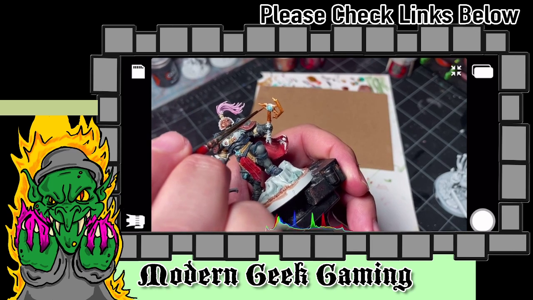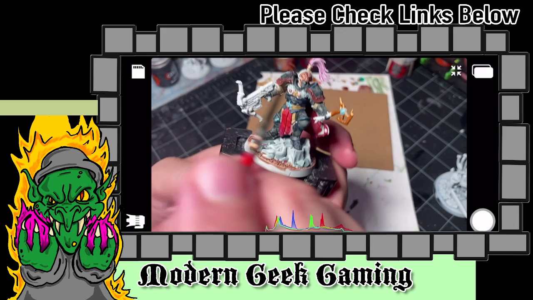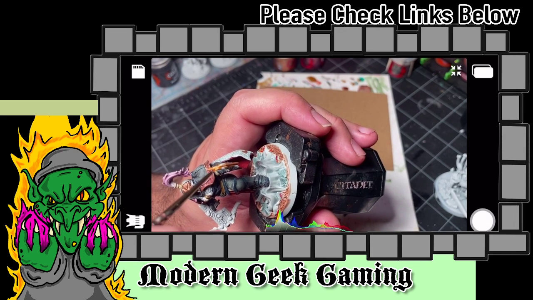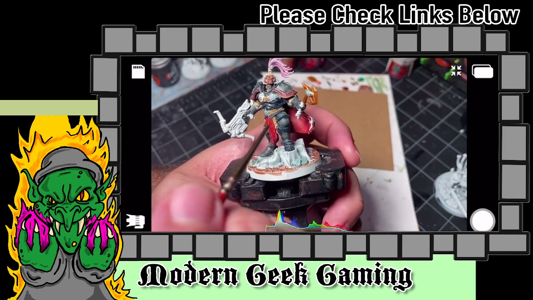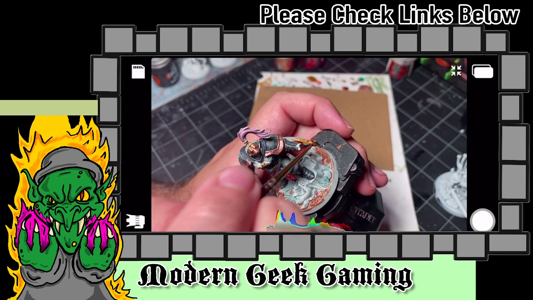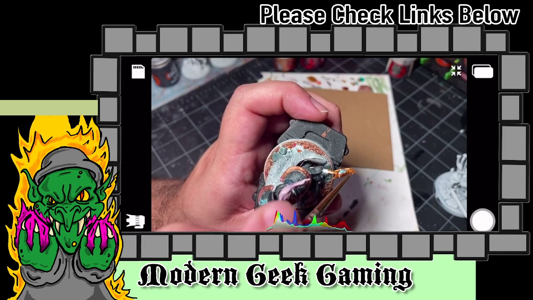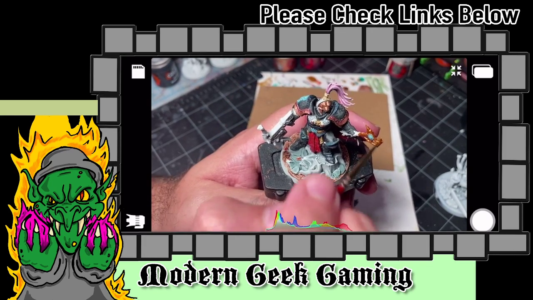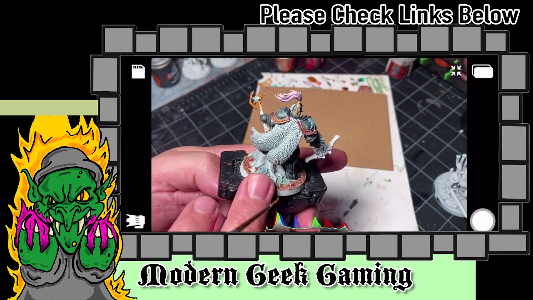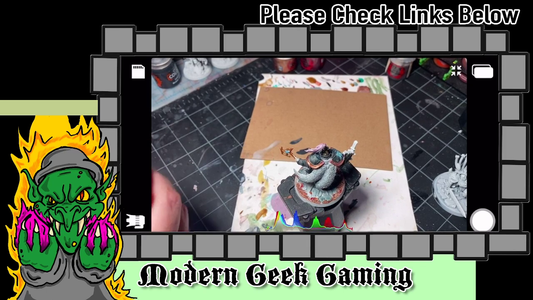So all I'm doing now is basing everything in the metal, but what I will be doing is putting some Nuln Oil on this, so it will bring the shine or the luster off of this a little bit. But it'll still have that rich, nice...